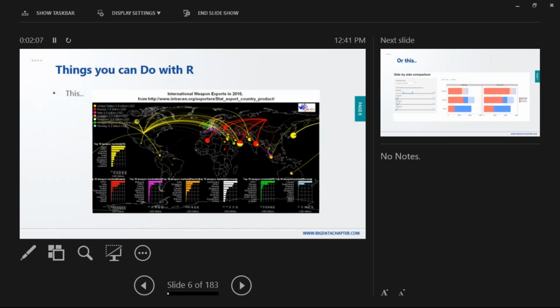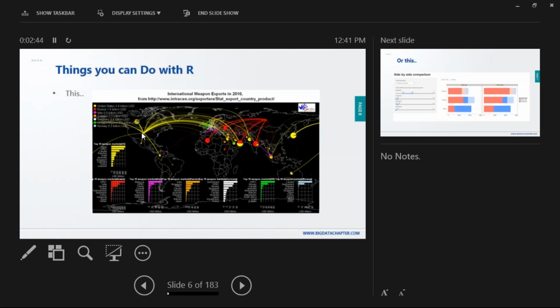ggplot2, and for getting the map there is another package, I forgot the name. I didn't make this. It was done by another person, but he has made it open source. I mean, you can see this code. You can download the data and make it. ggplot2 was there, and also one more thing was there to plot it on the map. It also has another data set for countries, with the center of each country.